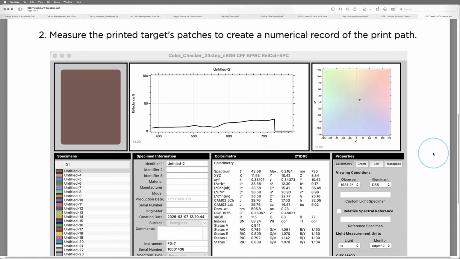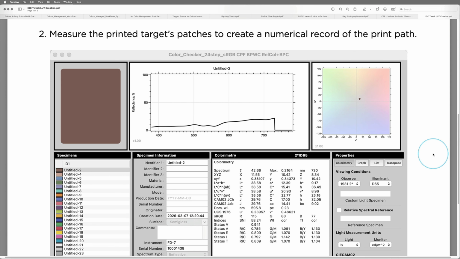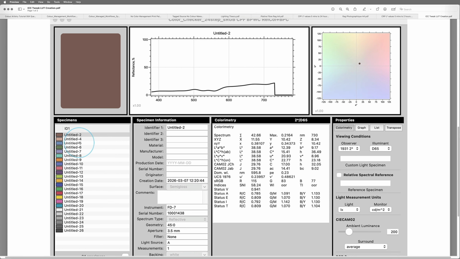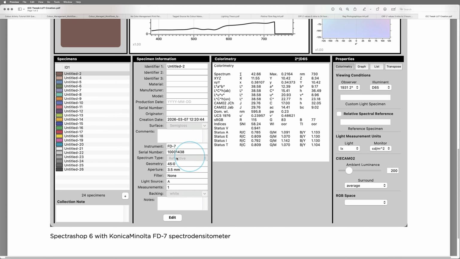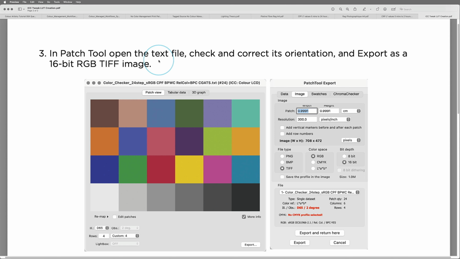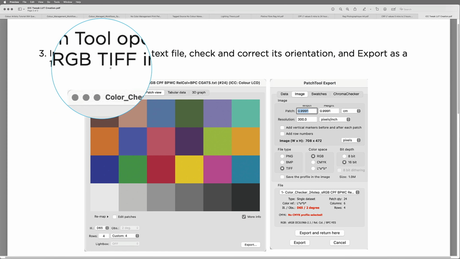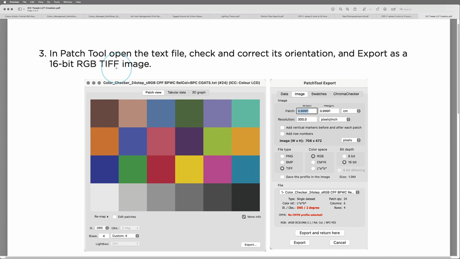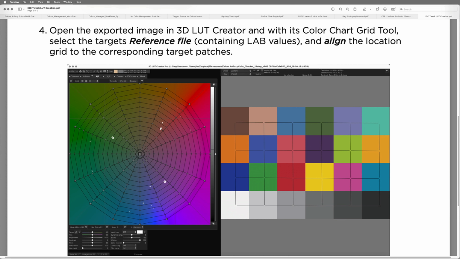We then need software and instrumentation to measure the 24 patches. So we end up with a data file. We take the LAB numbers we've measured and export it as a 16-bit TIFF image, an RGB image, which can be opened in an application like 3D LUT